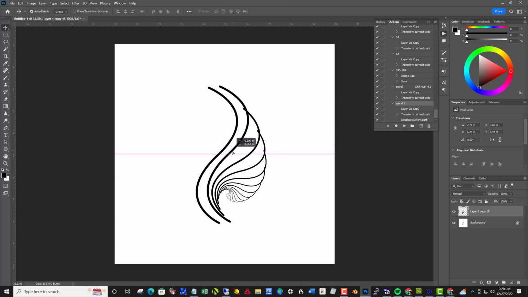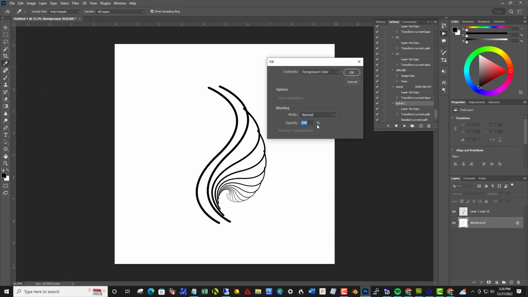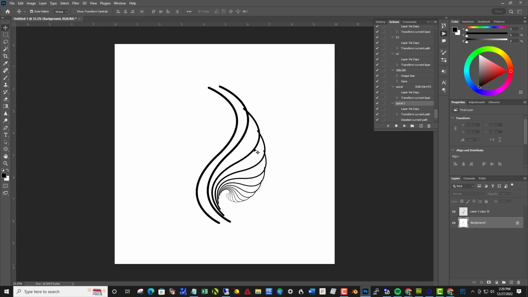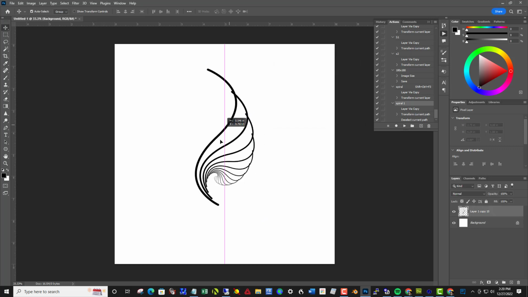Oops. What I need to do is fill the background with white because I have that original line that was there. So edit, fill, with white on the background. Okay, now I have just this unit,